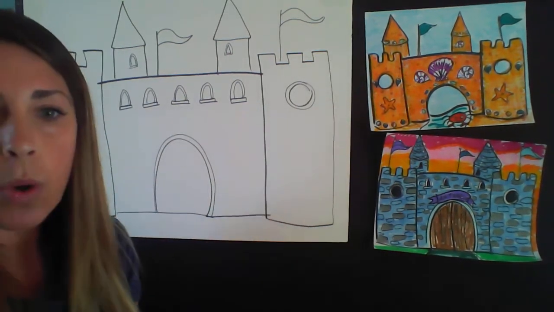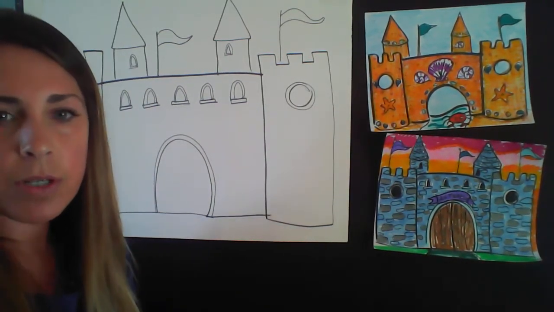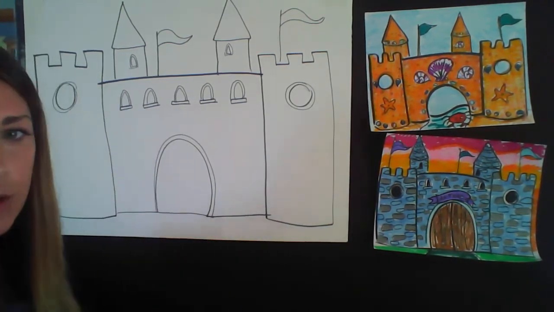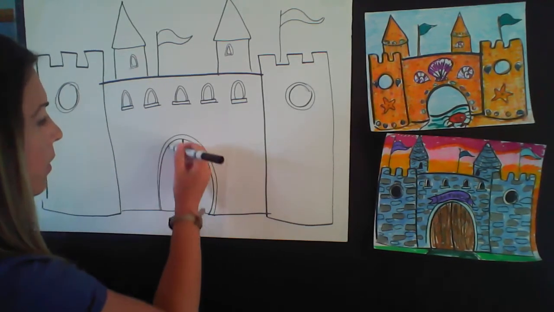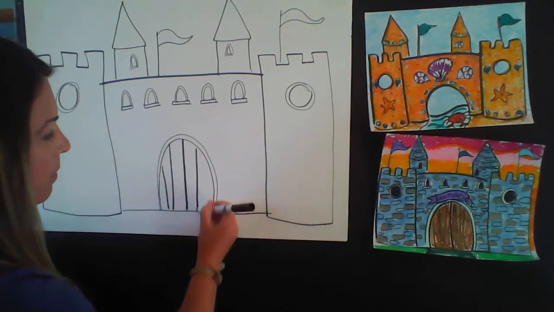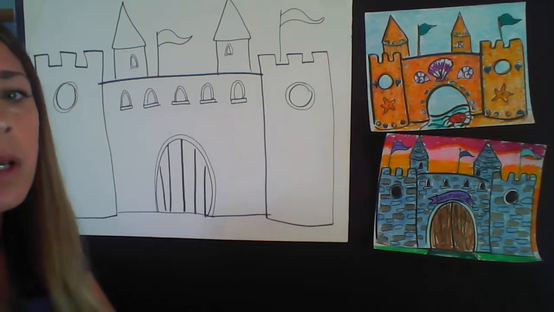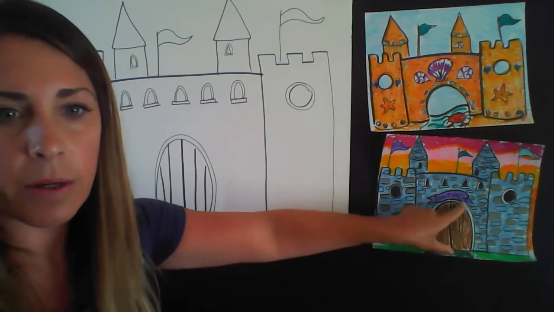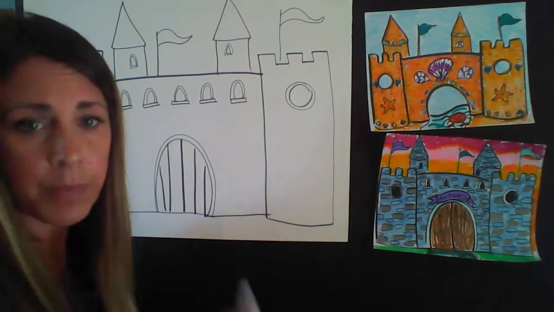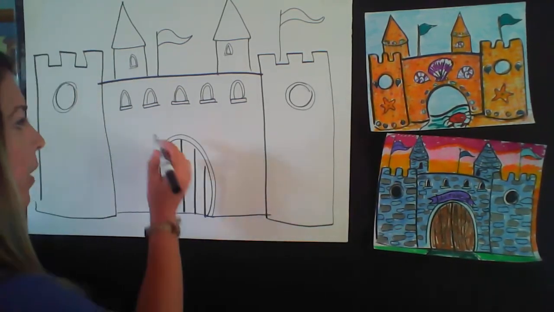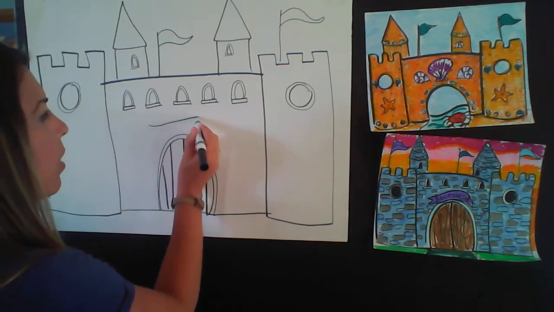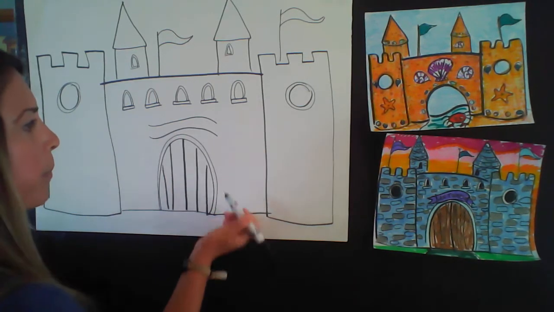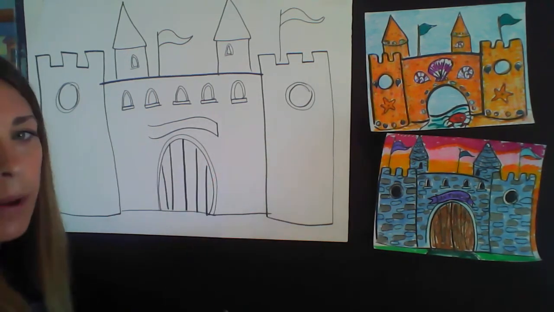Like that. So now to make it a castle, we really just have to change up the textures. To make this look like a door, we're just going to do some lines down so it looks like wood. Just like that. We can add a little banner going across the top. On mine, I did a little banner and then I wrote my name on it because it's my castle. You can write your name, you can write whatever you want. But if you just do a long sort of curved line and follow it on the bottom, close it down,